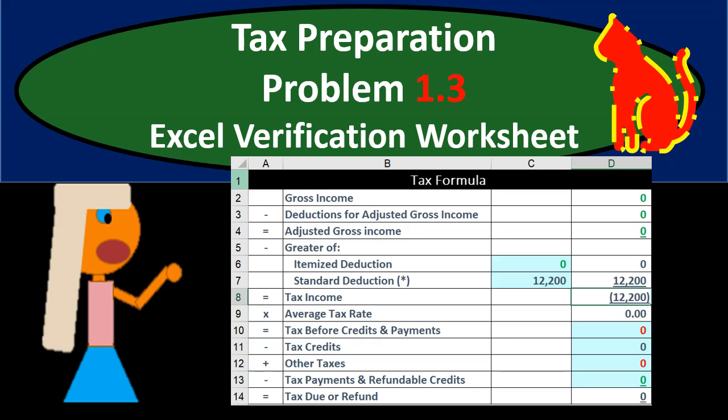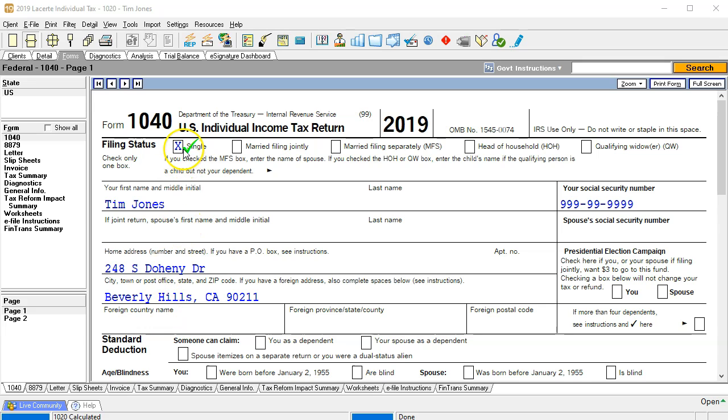In this presentation, we will continue on with our tax preparation problem number 1.3. Last time we entered this information into tax formulas and tax software, the tax forms. This time we're going to use the tax formula using an Excel verification worksheet. Here's the 1040. This is what we entered the information into last time. Now we're going to use Excel to enter the information into an Excel worksheet to give us that double check,